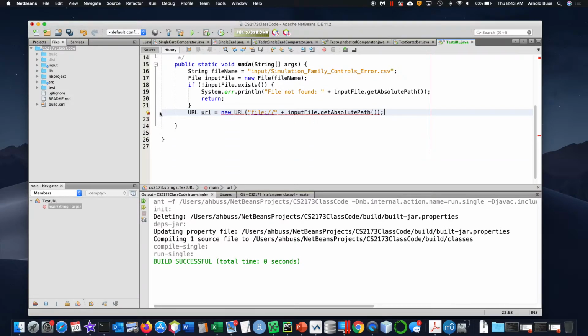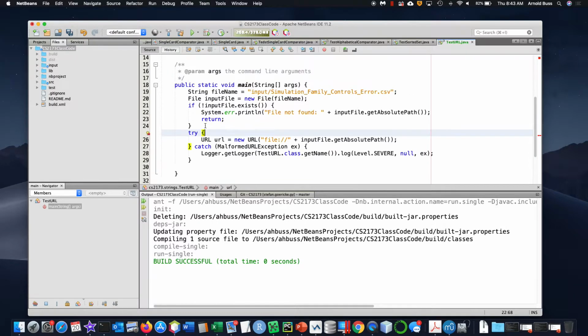And NetBeans suggests, we say okay, unreported exception, and then when we click on it, we say we'll surround the statement with a try-catch. We haven't talked about exceptions. We will at some point, but here we'll just accept what it gives us. Come on. All right. Okay, so